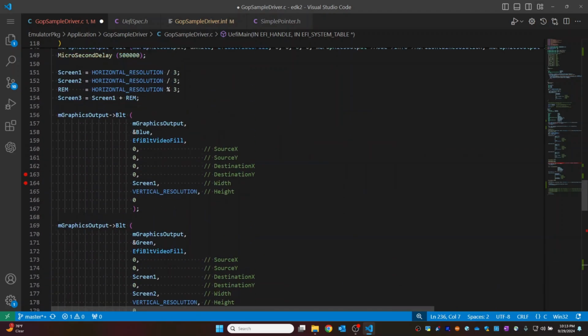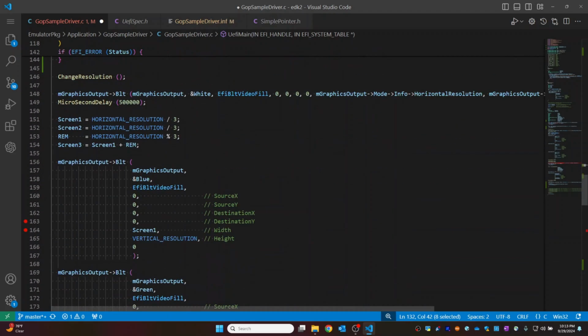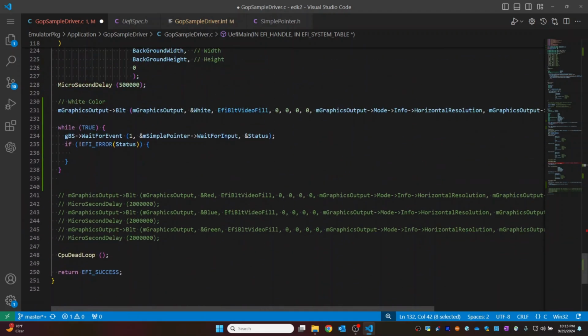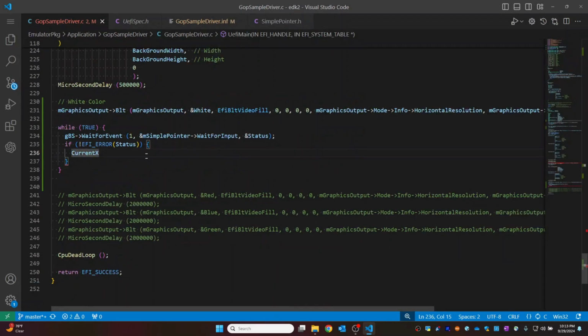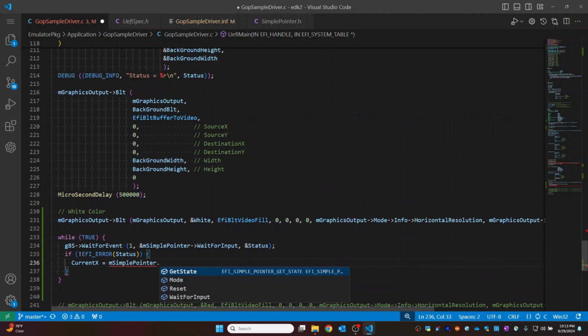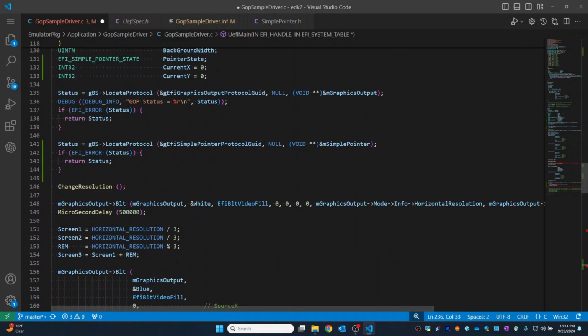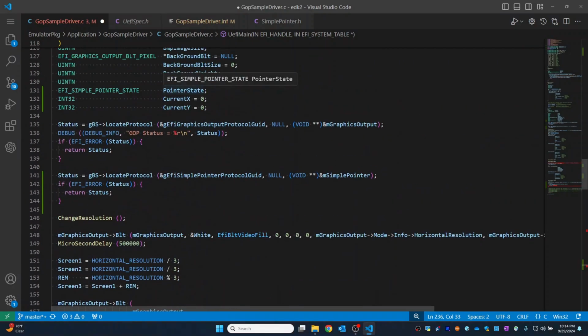Now we have the variables current x and current y, so we will get them from the relative current x and y, which is nothing but this one. This we can get from simple pointer, sorry, not the pointer, which is